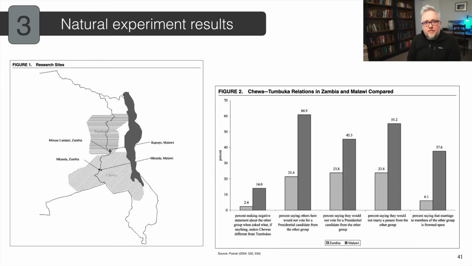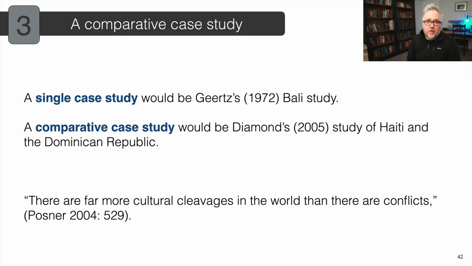Moving on down the scale of direct strength of belief that we can have about the causal relation between our theory and our evidence would be a comparative case study. We started back in week 1 with a single case study of the Balinese cockfights. Comparative case studies. The second reading for this week is Jared Diamond's chapter on the difference of environment, level of development, and stability between Haiti and the Dominican Republic. I really thought this case was interesting.